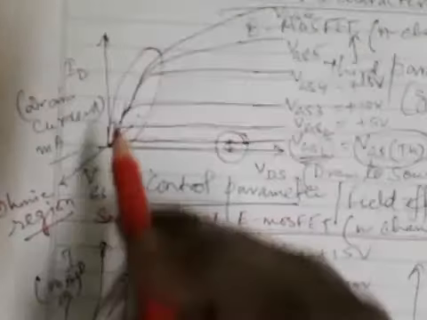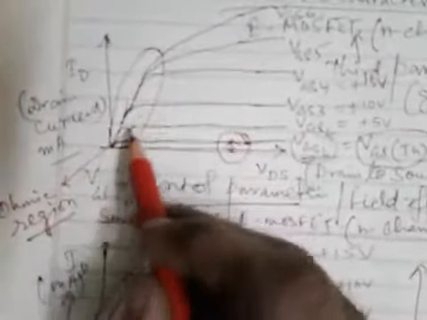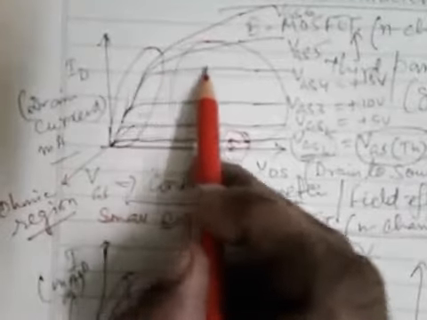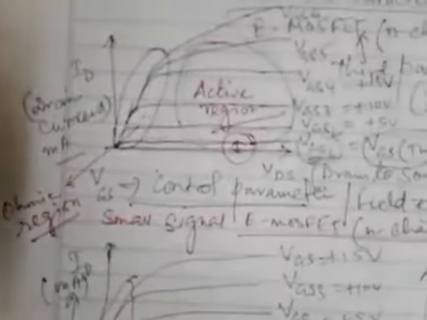So these are the two major regions that can be described in this VI characteristics. The almost vertical region is the ohmic region. Once this verticality is over and the curve is bending to become horizontal with the voltage axis, this horizontal part of the VI characteristics, parallel to this voltage axis, describes the active region of operation of the MOSFET. So these are the two main regions of operation: one is the ohmic region and another is the active region of operation of MOSFET in terms of its VI characteristics.